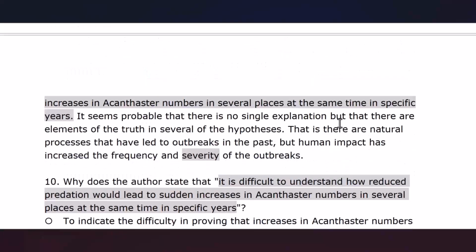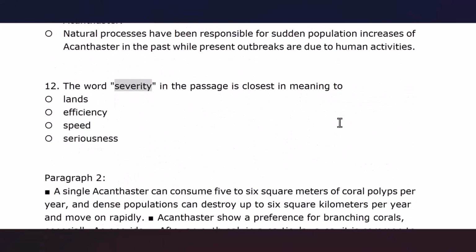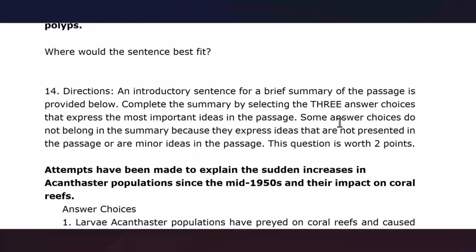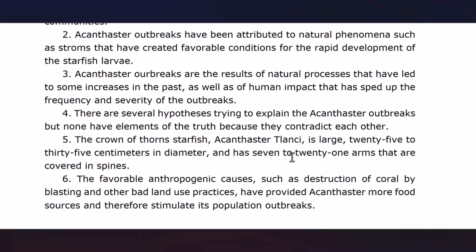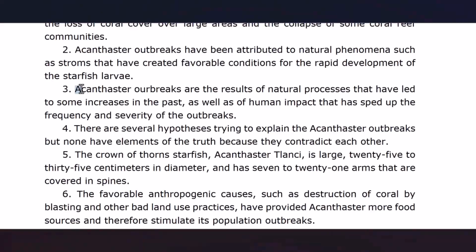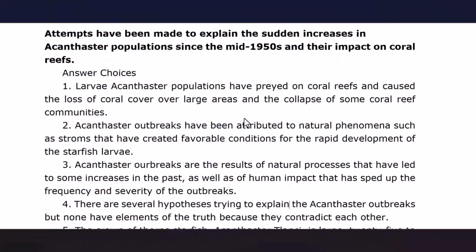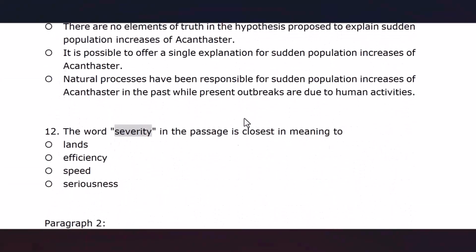So we found that option 2 is correct. So we go for reading option 3. Option 3, Acanthaster outbreaks are the results of natural processes that have led to some increases in the past, as well as of human impact that has sped up the frequency and severity of the outbreaks. This is another correct option because in paragraph 8,